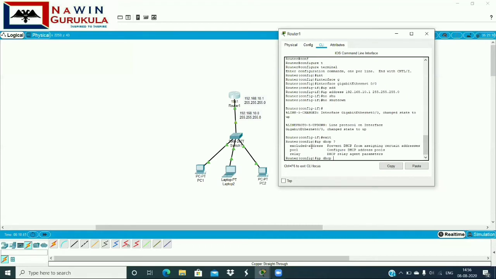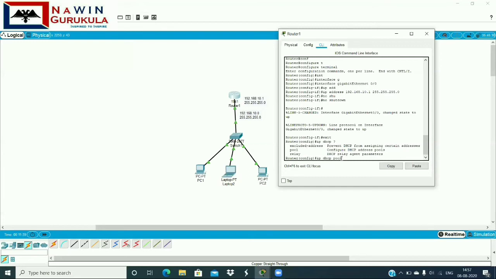Here you will get excluded-address and pool. What is this excluded address? When you want to give a static IP address to some of the devices which you don't want to change when you restart, you can exclude a range of IPs which you are going to assign manually as static IP addresses to those devices. In order to avoid overlap of these static IP addresses and the DHCP IP addresses, you exclude a range of IPs which DHCP does not take while assigning IP addresses to other devices. Here we are not excluding any address range.